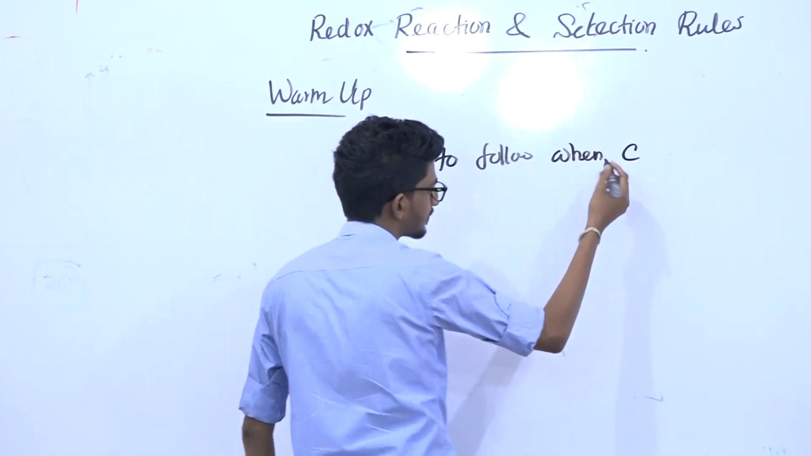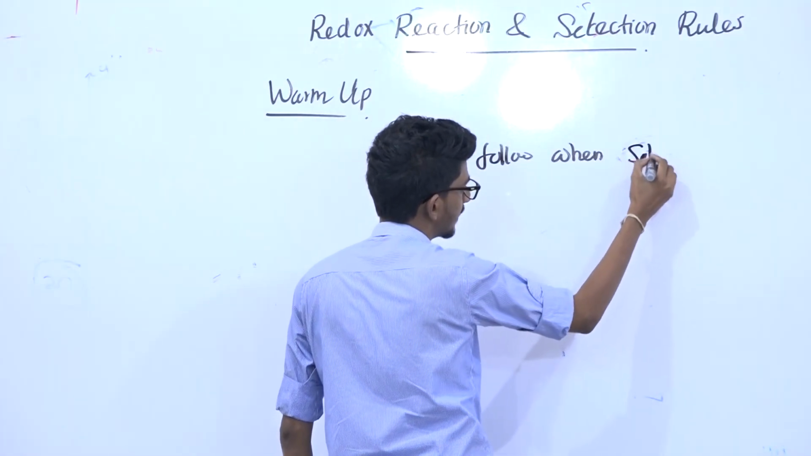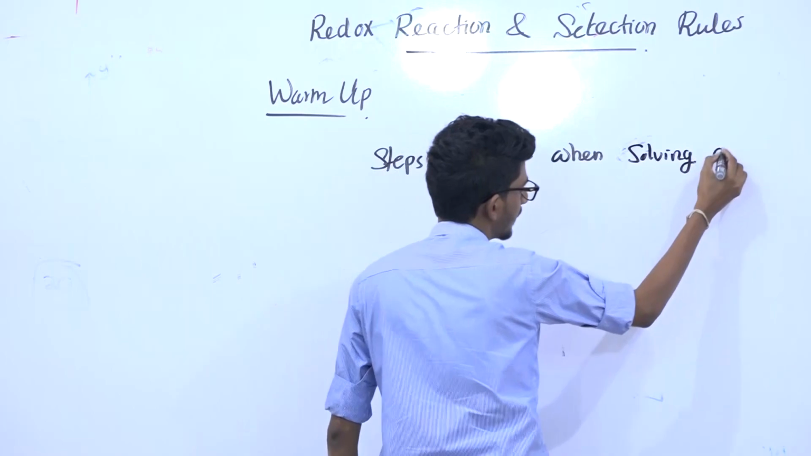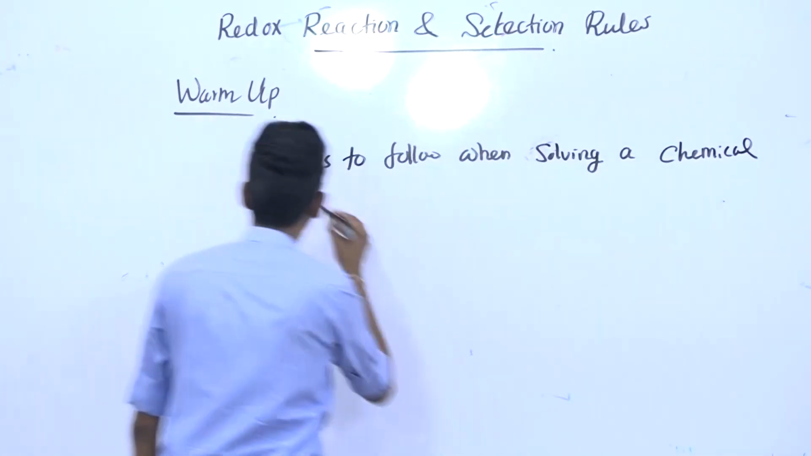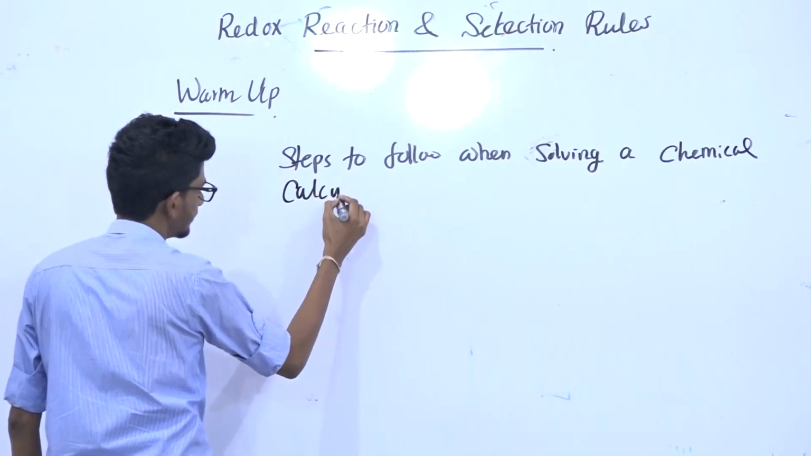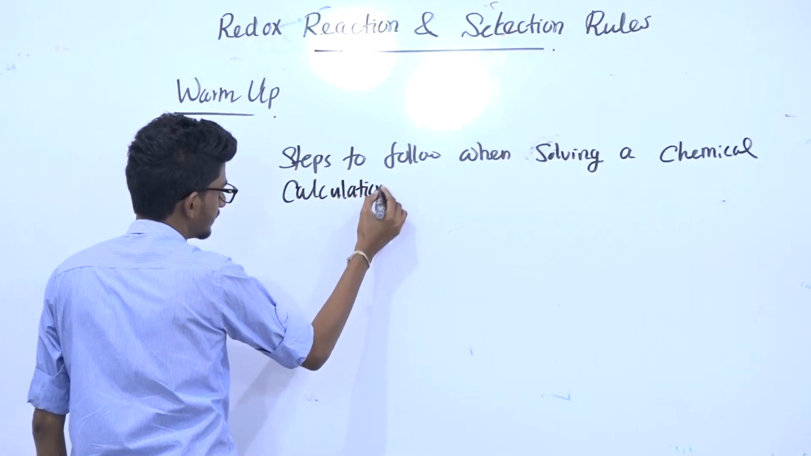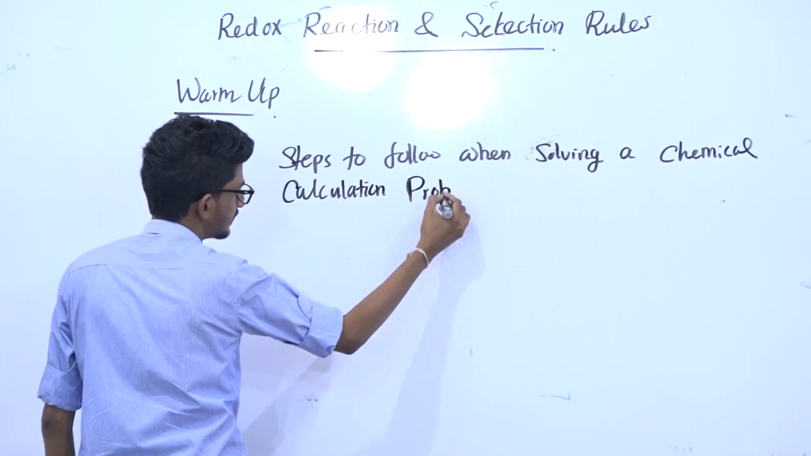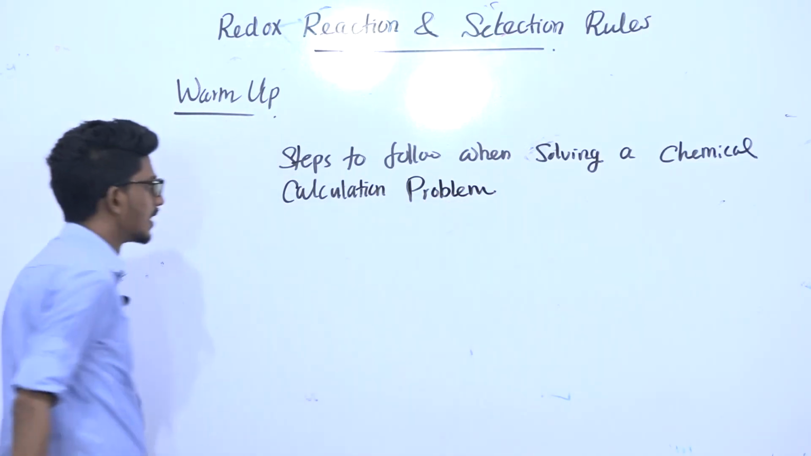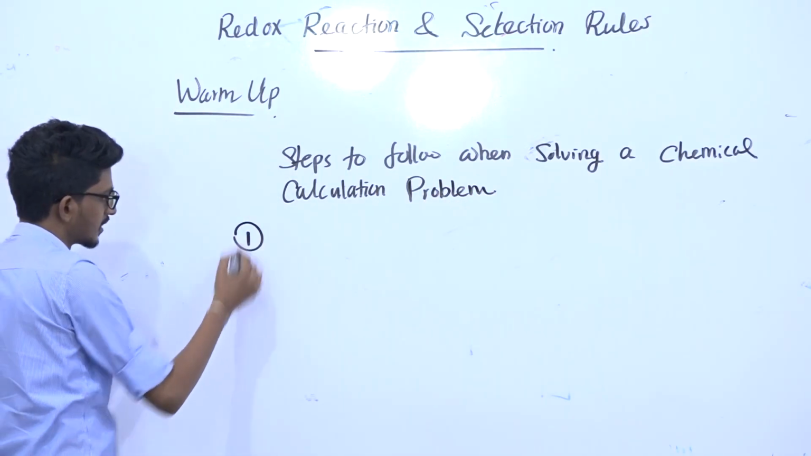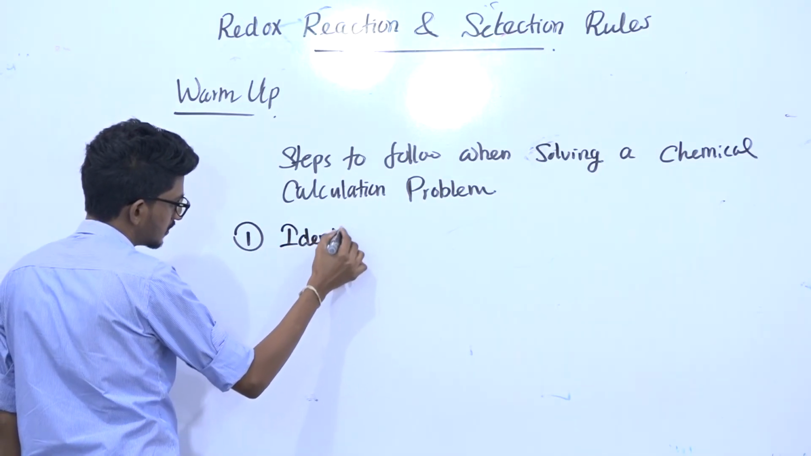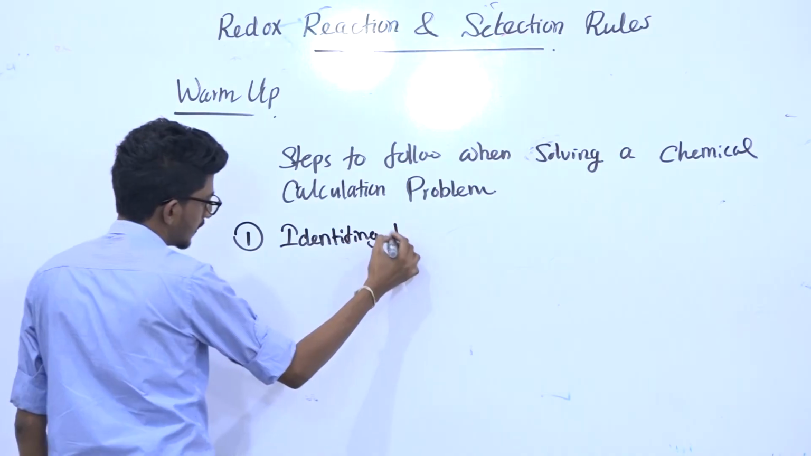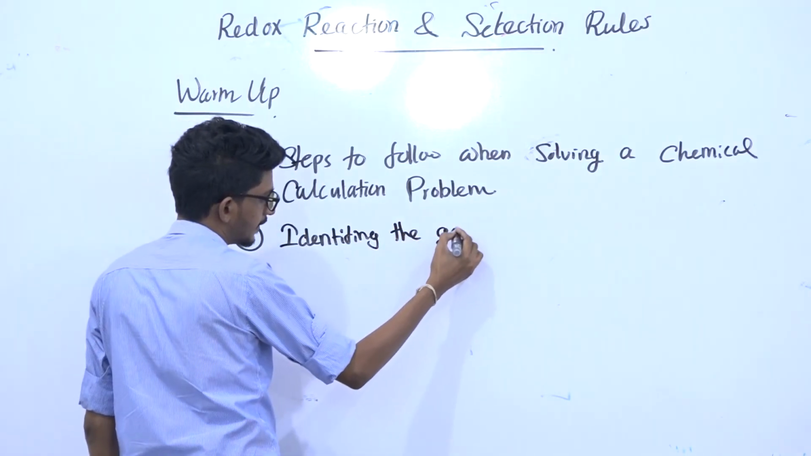Steps to follow when solving a chemical calculation problem. The first thing, right? The first thing is identifying the goal. Identify the goal